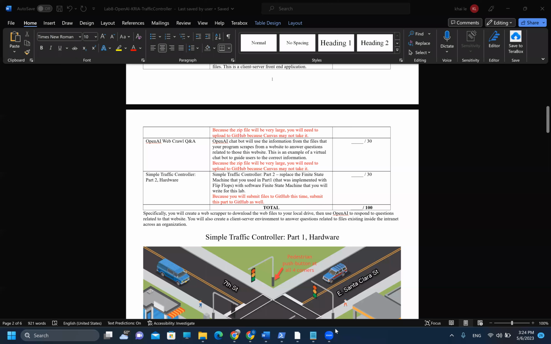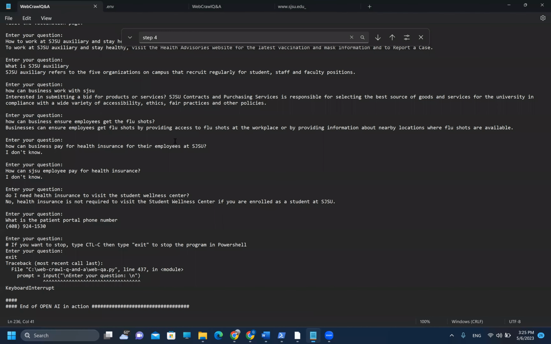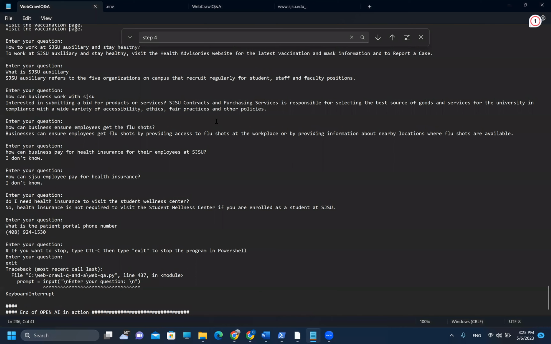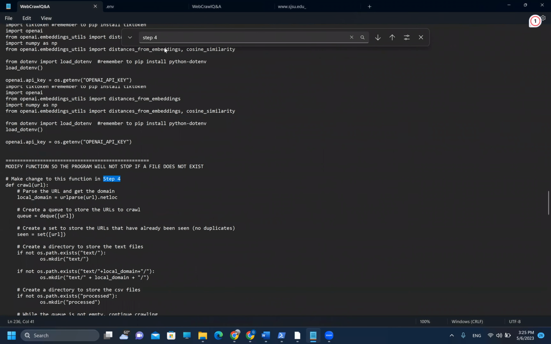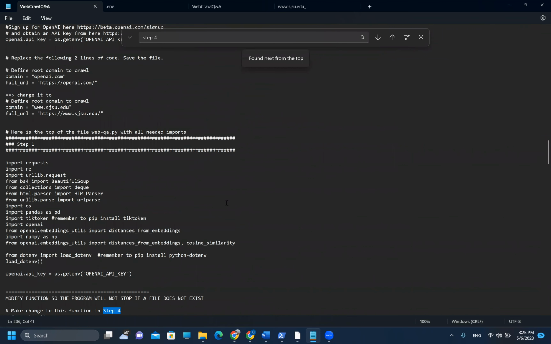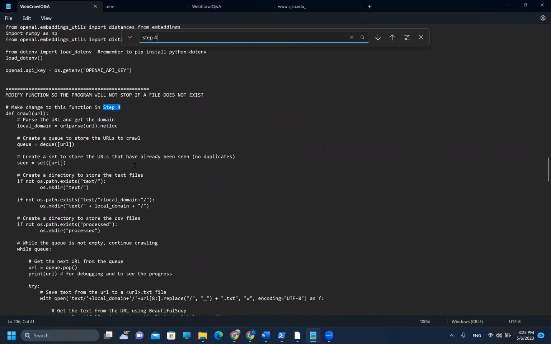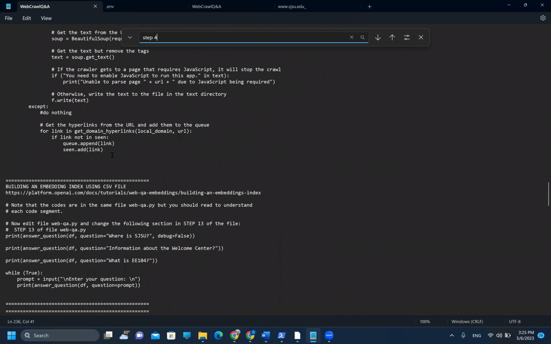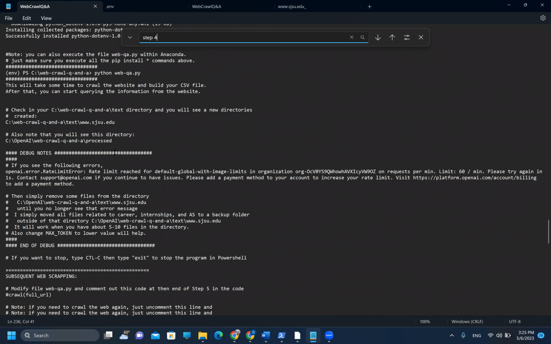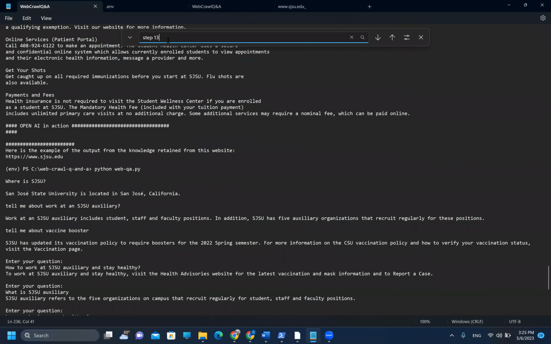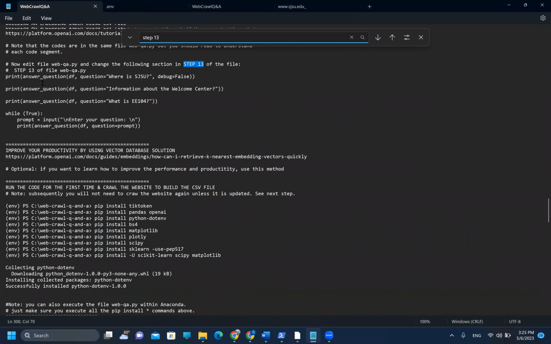Okay, now let's start. Let me share my screen. As you can see here, first of all, I follow the guideline in the instruction. Step 3, make sure I have everything set up just like the first part. But the important step here is step 4. I have to make some modification in the URLs to crawl some text file, something like this. And scrolling down, I have to do this step, especially step 13. We see the last step right here in the file